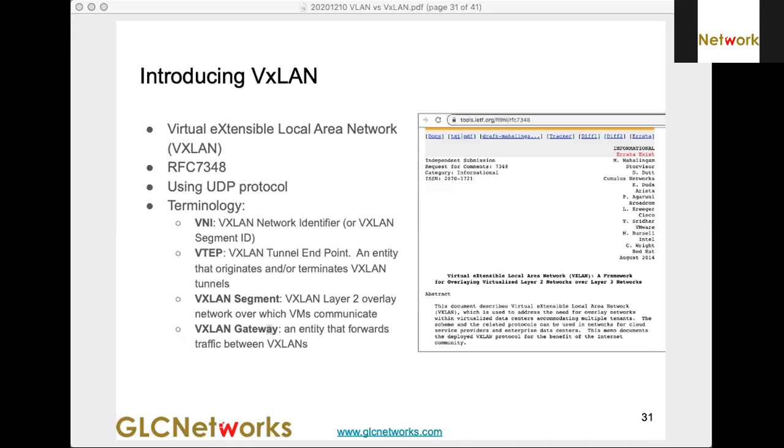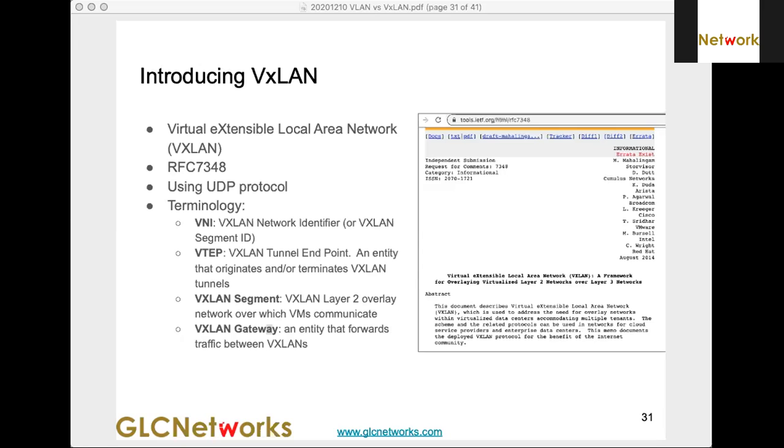And that makes people confused about the terminologies, and sometimes we run out of terminologies to describe things. That includes VxLAN as well.